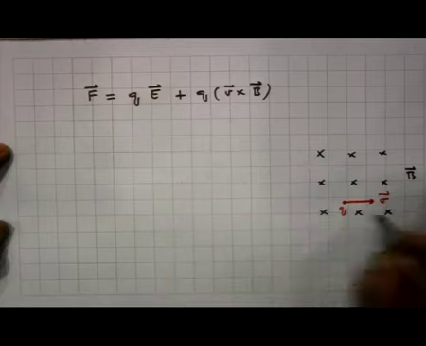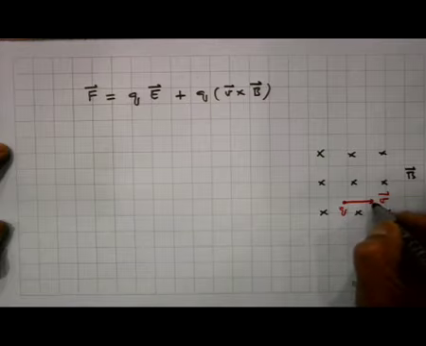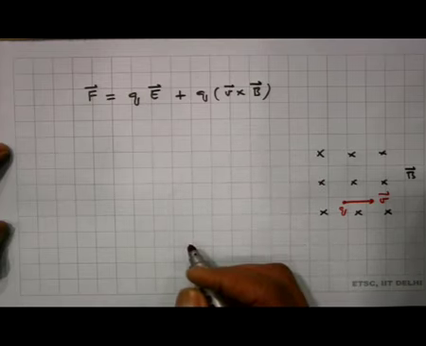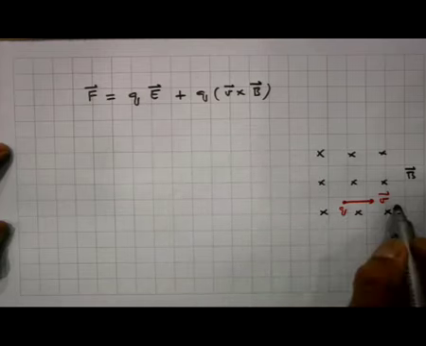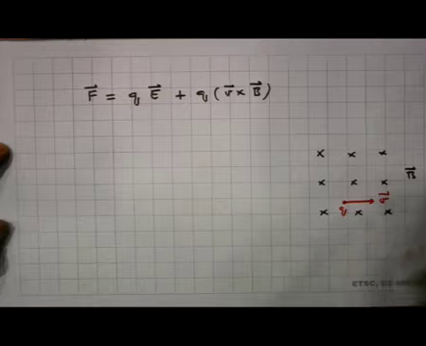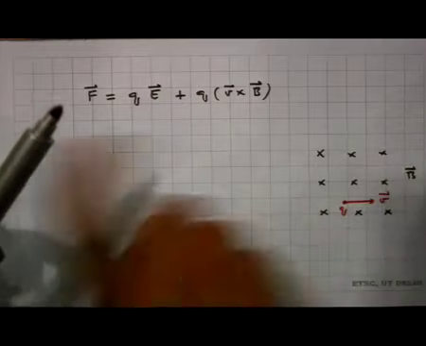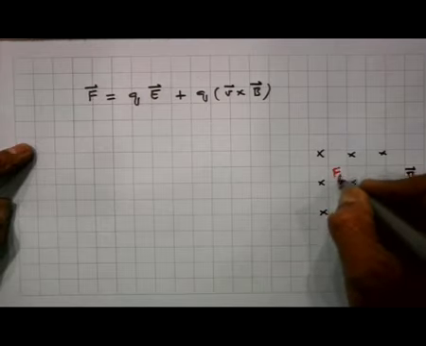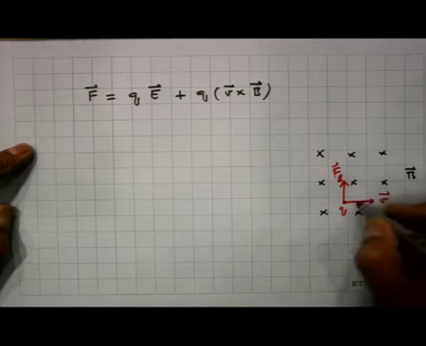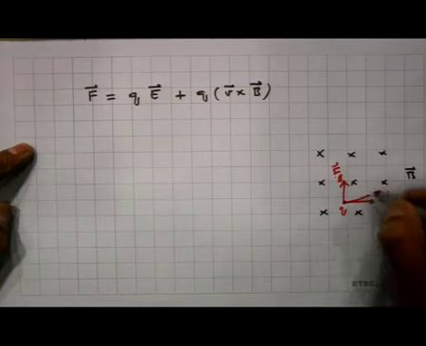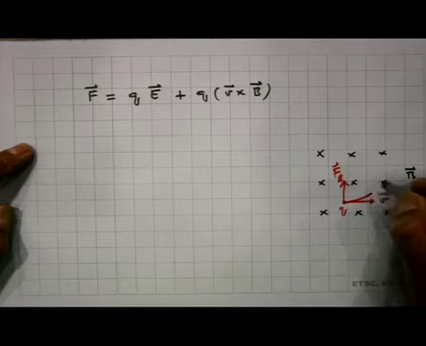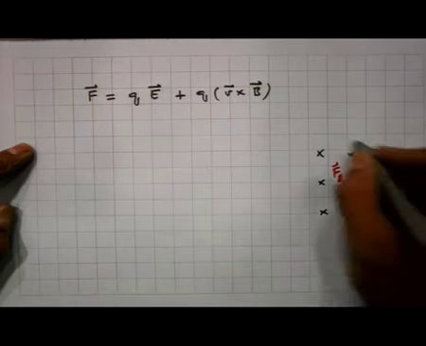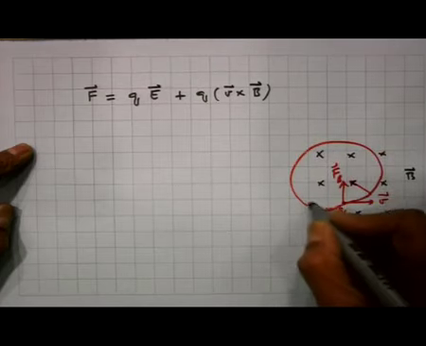According to this equation, the force is perpendicular to the velocity and to the magnetic field, and it is along the direction v cross B. So v is in this direction, B is into the page. As you can see here, v cross B is upwards. So the force that is acting on the particle is like this. This is the magnetic force. The particle will tend to curve upwards, but as the particle curves, the direction of velocity keeps changing. So at this point, the force is directed like this. So the particle, as we have seen before, executes a circular motion,